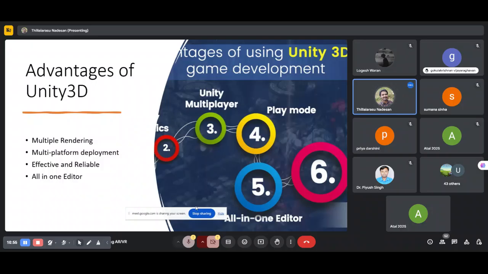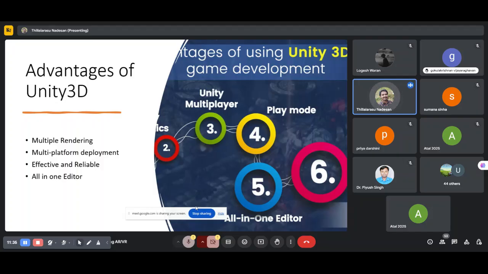Okay. The main advantage of Unity 3D is multiple rendering in this universal pipeline. So what exactly does multiple rendering mean? I can say URP. URP means the Universal Render Pipeline, and multiple base cameras or a camera stack can be rendered to the same render target. You can see the same object from the front, back, top, all kinds of views, like perspective view, top view, bottom view. If you studied 2D dimensions, you can see all these things: top view, bottom view, rear view, front view, and projection views.